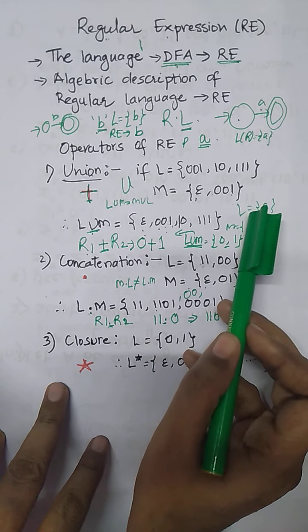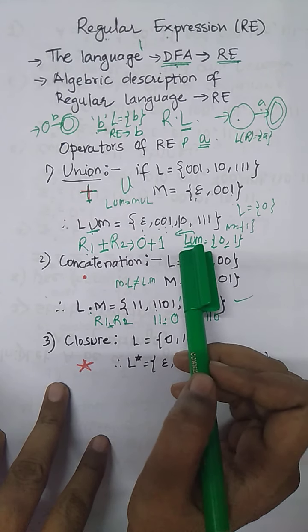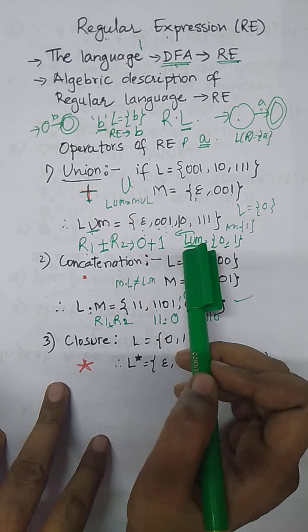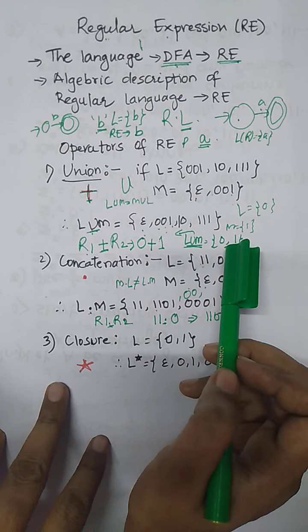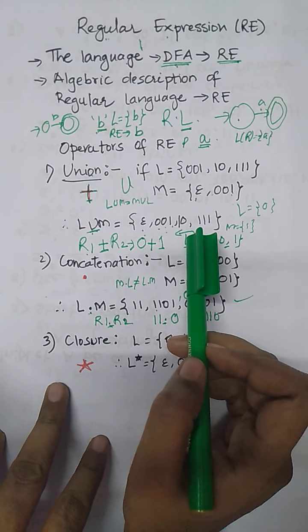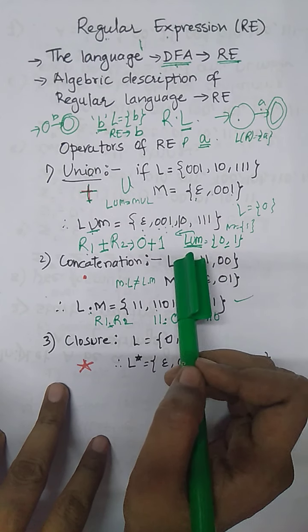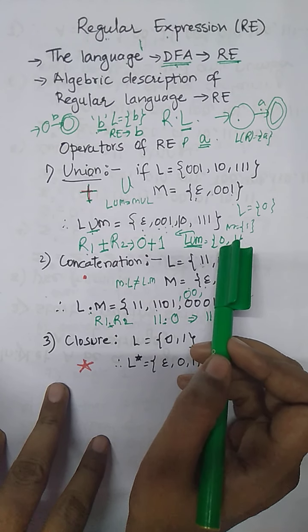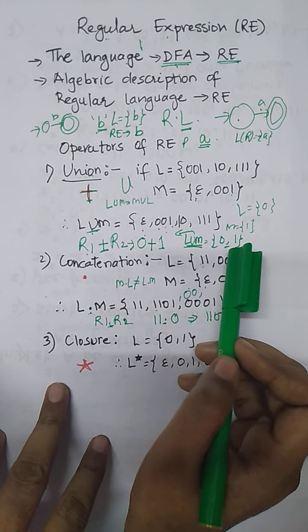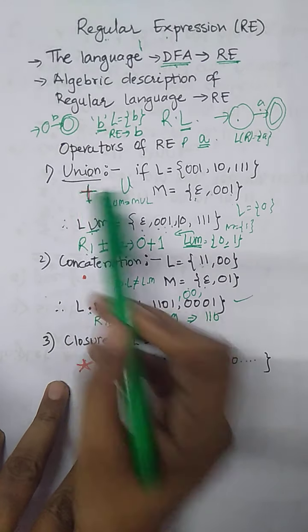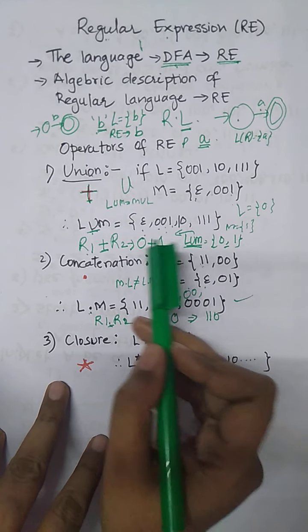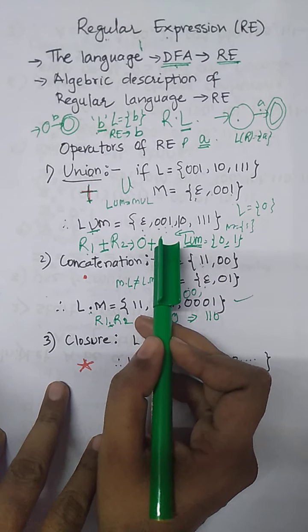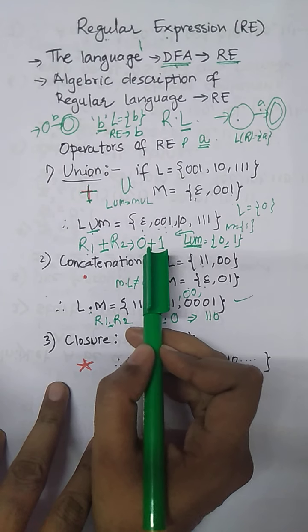Now suppose L is equal to 0 and M is equal to 1. What will be L union M? L union M will be 0, 1. This is in the language notation. Now we have to write the expression for it. For writing the expression, we should have operators and operands. Operands are present. What about the operator? For the comma, that is either this one or that one, we are going to use the OR operation. For OR we use the plus sign. So between the operands 0 and 1, either this one or this one, we use the plus sign.